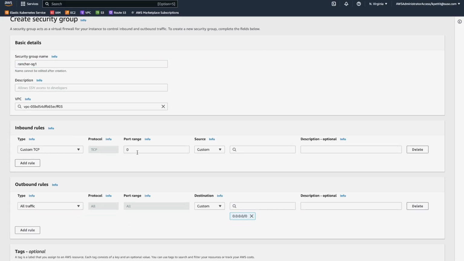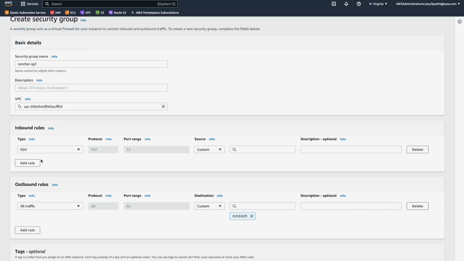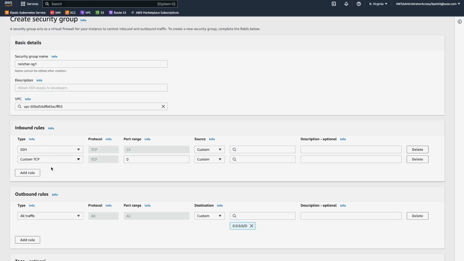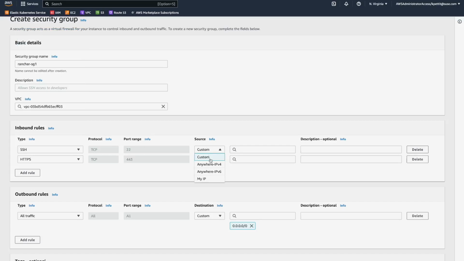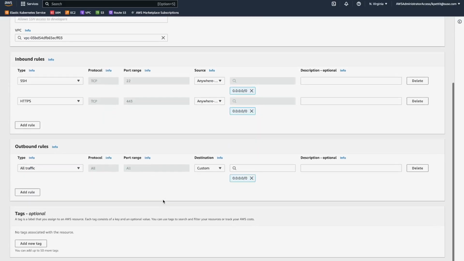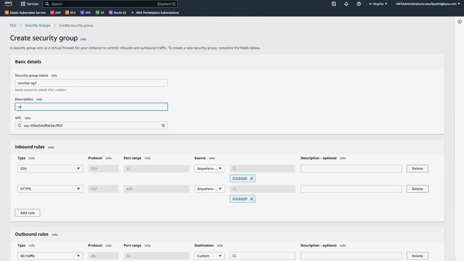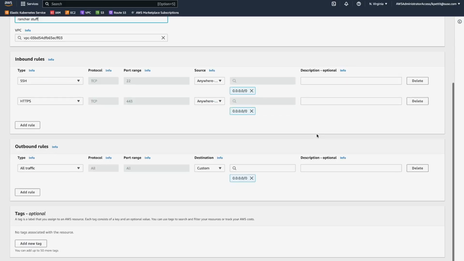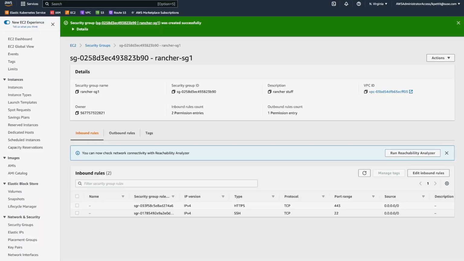If you want to SSH in, you can do port 22. Outbound rules is set to allow all. Let's go ahead and create that. Oh, let's give it a name. From here